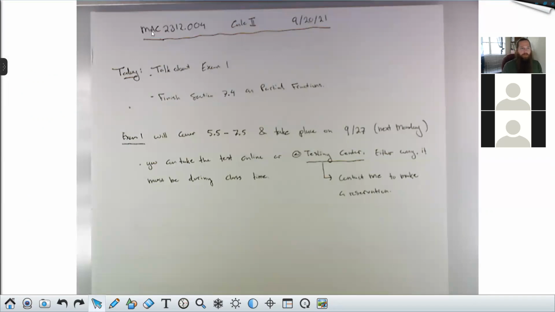If you take the test at the testing center, you still need to get me your written work. They have scanners and printers and stuff there. You can ask them to scan it and send it to you. Or, actually, I haven't thought too much about this, you could still scan with your phone. You need to get permission from the proctors there. You don't just whip out your phone in the middle of the testing center, but tell them your professor needs scans of the written work. They may be willing to scan it and submit it for you, or they may tell you to scan it